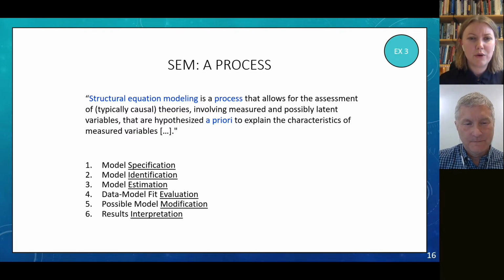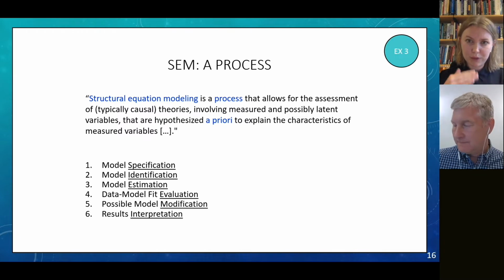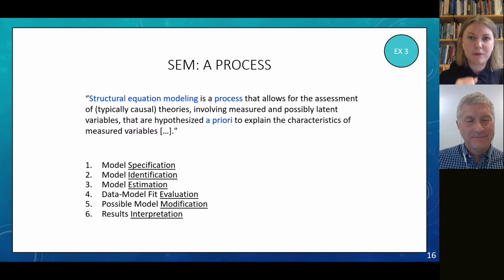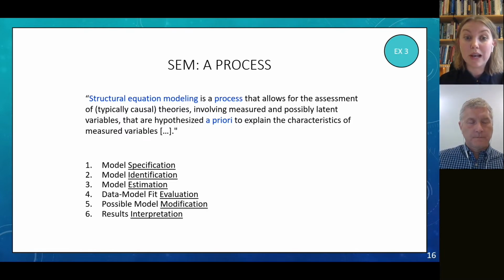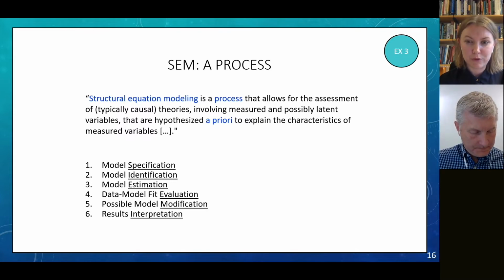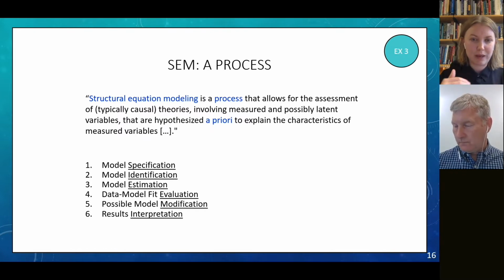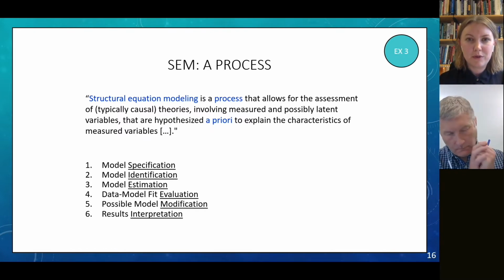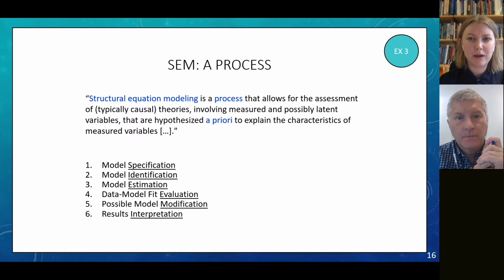The process looks like this, and we'll go through these steps a bit more in the hands-on session: model specification, model identification, model estimation, data-model fit evaluation, possible model modification, and then finally result interpretation. So again, we're moving through these steps. And you might have noticed something here. We say it allows for the assessment of typically causal theories, right?